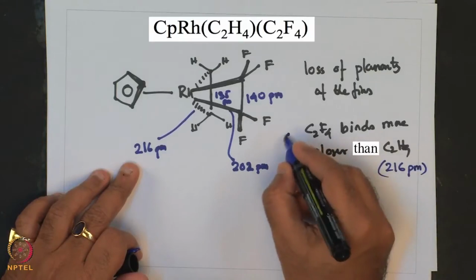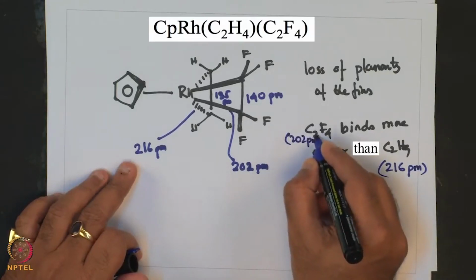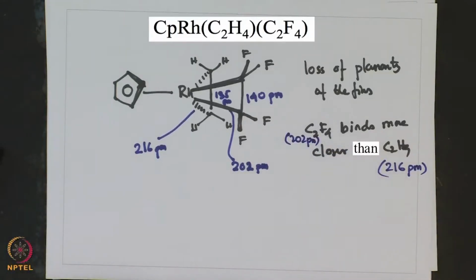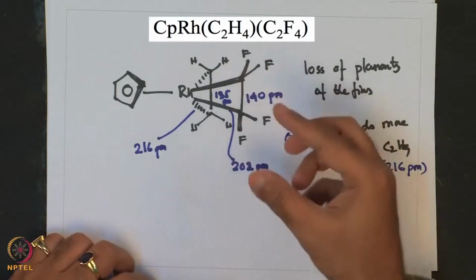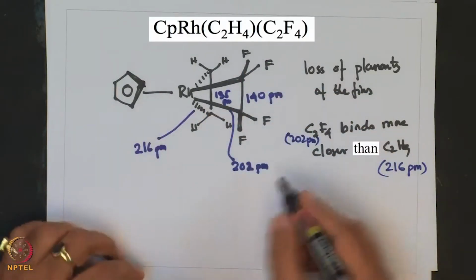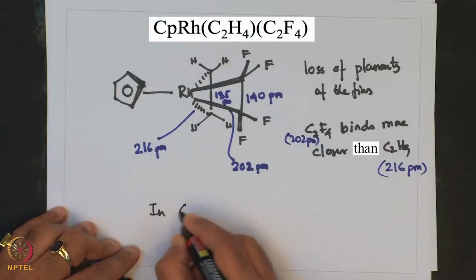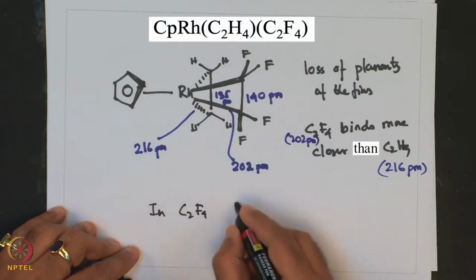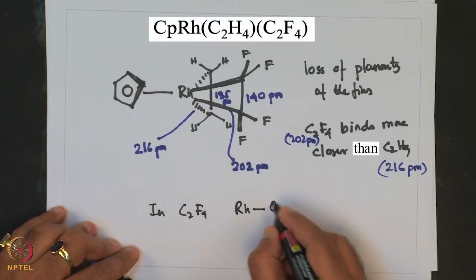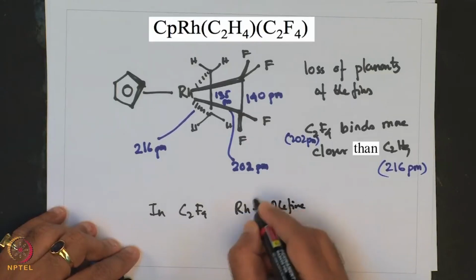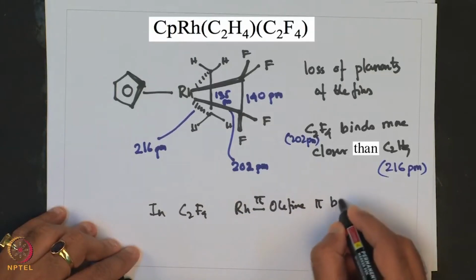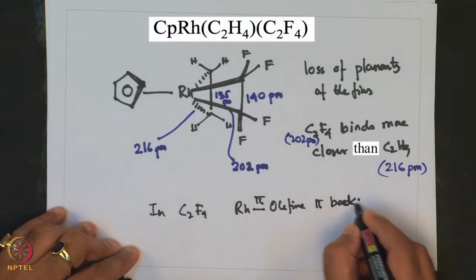Now, the reason that C2F4 is more tightly held is because in C2F4 this rhodium to olefin pi back donation